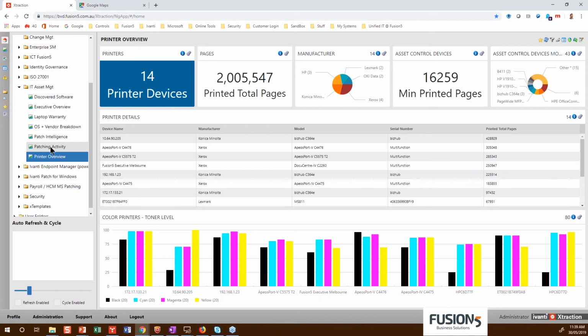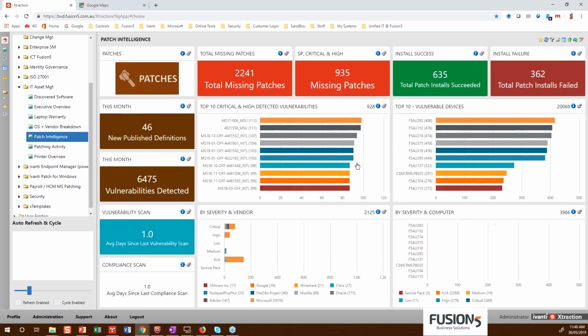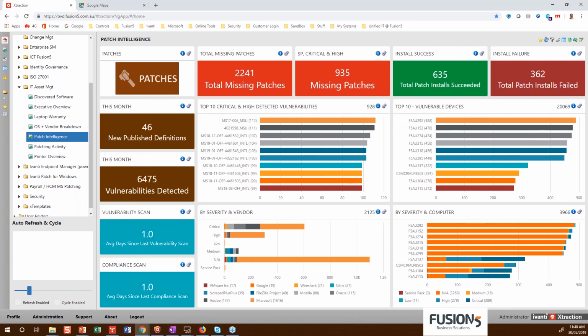And then when you roll out an agent, which is the next phase after discovery, without actually doing much, we can look at vulnerabilities around patching. So just looking at those handful of dashboards, I hope you can see that the value or the quick wins of starting to get full visibility of your fleet, of your assets, or more importantly and realistically, identifying why some assets are not even showing up and starting that process is huge. So this interface you're looking at provides real-time business value metrics around your asset fleet. And of course, I'm not going to go into